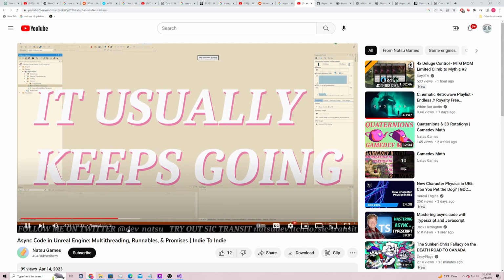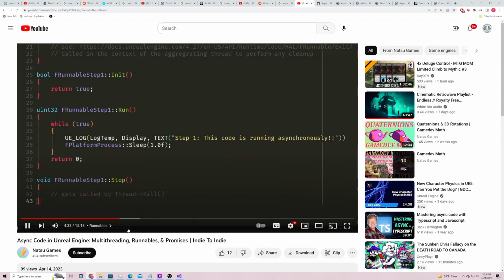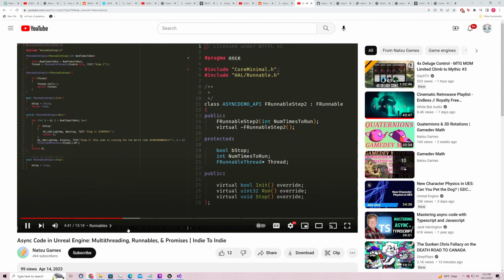Now, why is this happening? Even though we set up a destructor and since run never stops, the thread kill will never actually kill the thread, since run doesn't stop to check if it should stop. So we'll move on to step 2, how to prevent that while also adding a...